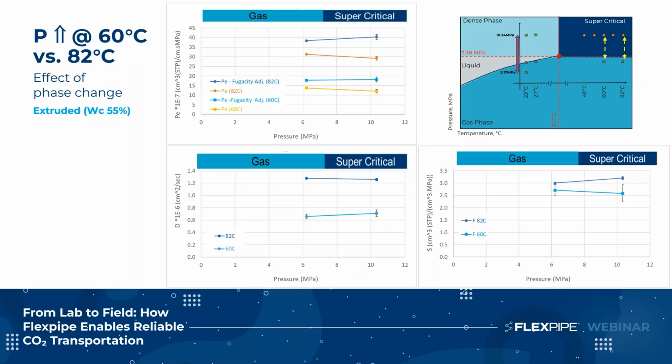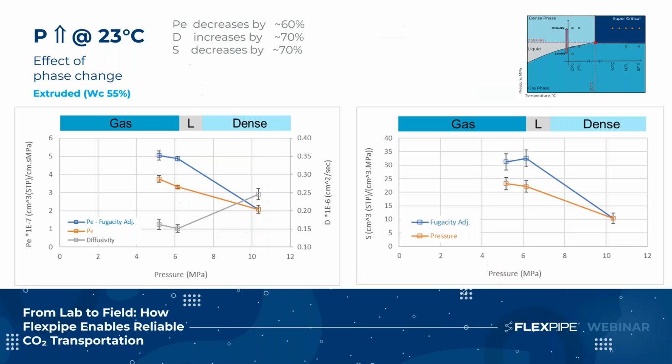The results are shown for both cases, whether fugacity of pressure is accounted for or not. The variation in permeation coefficient, diffusivity and solubility was found to be insignificant with this variation in pressure and the phase change. At temperatures below the critical point of CO₂, which is around 31 degrees C,